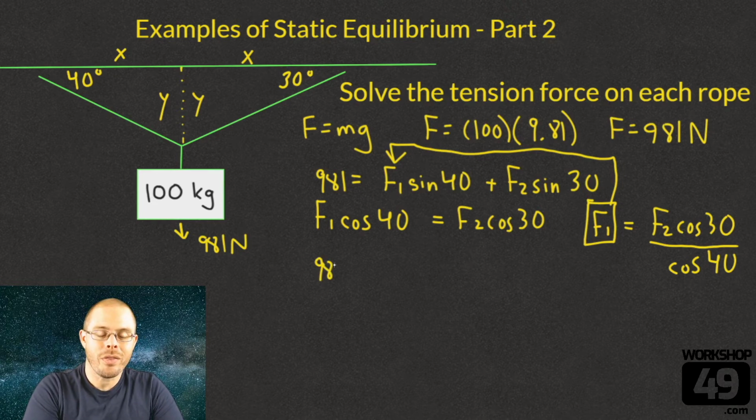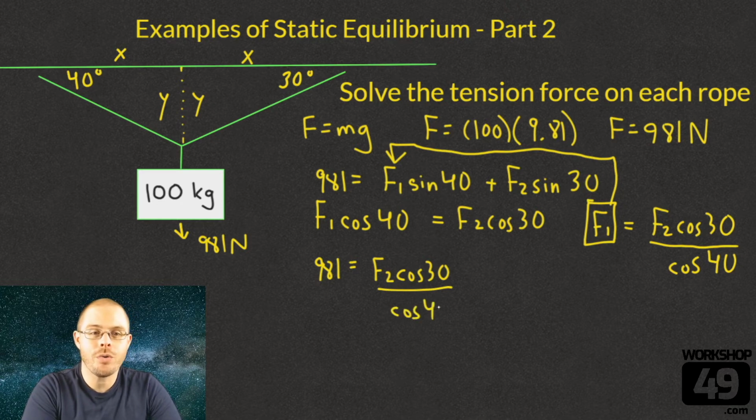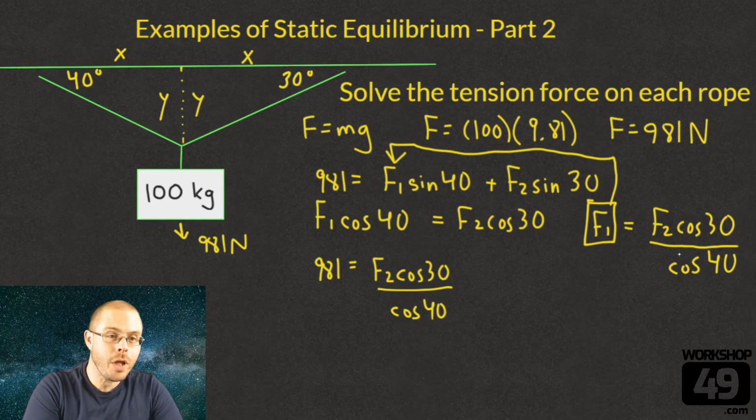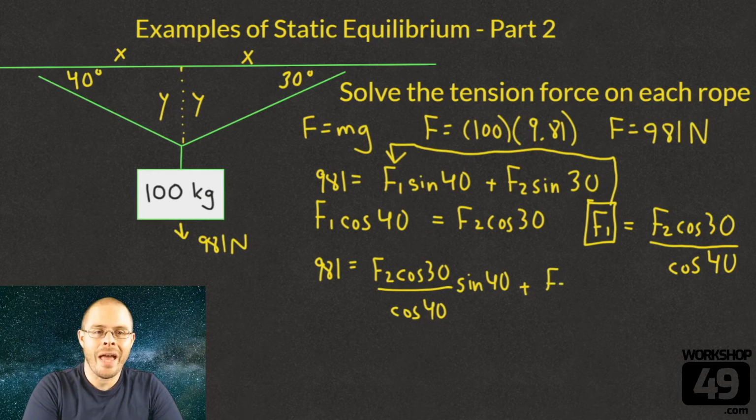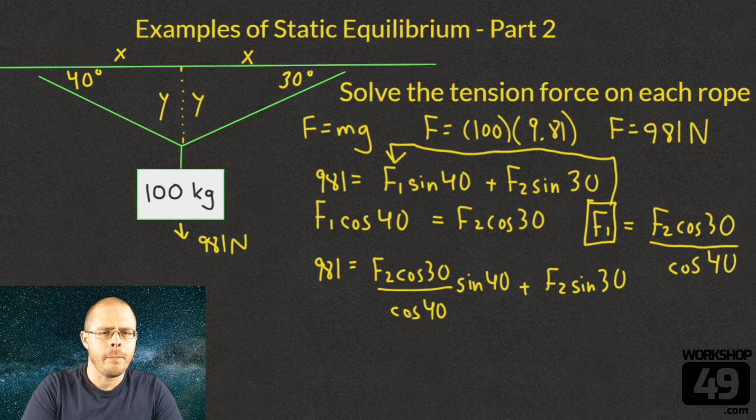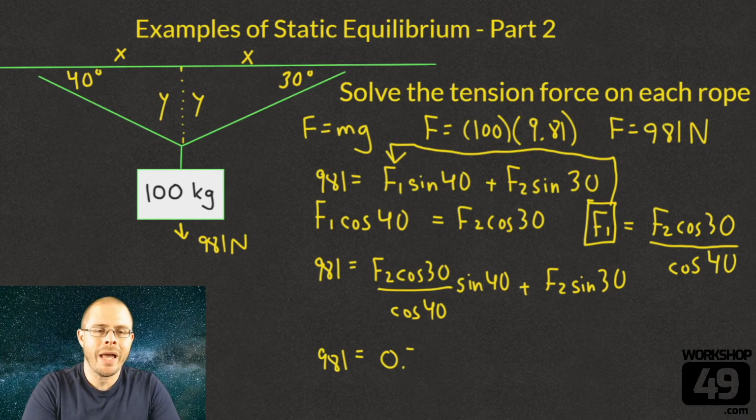What we're going to end up with is a new first equation, which is 981 equals, filling in our new value for force 1, which is F2 cos 30 over cos 40. Still multiply it by the sine of 40, don't forget to do that, and then add the force 2 sine 30. It might look messy, but cosines and sines are just numbers in the calculator, and this actually cleans up not too bad, so that we get 981 equals